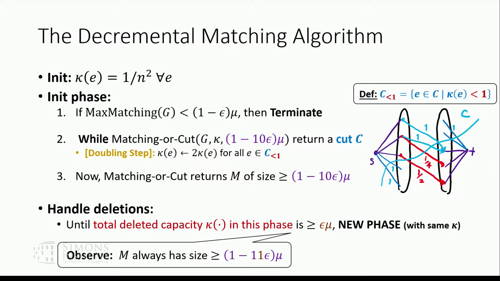But I think the main thing we need to prove is that this also needs to work in a dynamic sense. We're going to show not just that after the first time we do this, the total capacity is relatively small. We also have to show that even after the adversary deletes edges, and we do this again, and the adversary deletes edges and we do this again, the total capacity is going to remain small. And I think that's where the trick was.